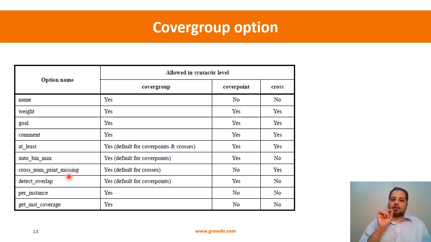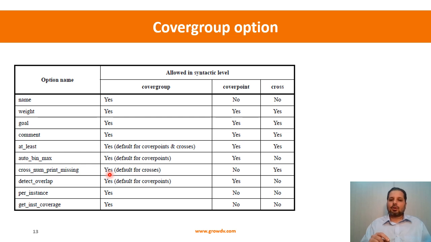So that one concept that I would like to repeatedly clarify: if you set something at type option level, that doesn't propagate down to option. That doesn't happen. Those are two different views. Why I'm saying that is, for example, if you see this cross num print missing, I am able to